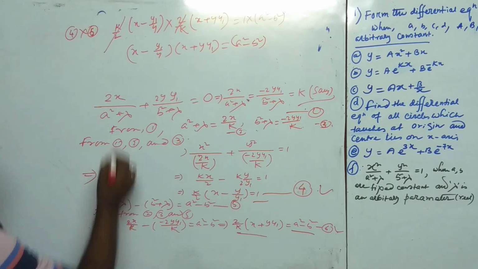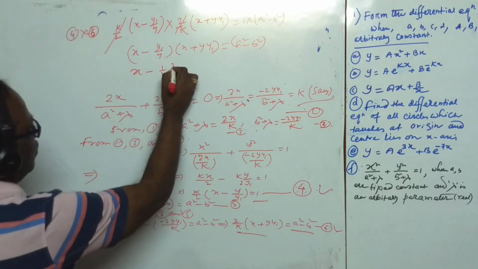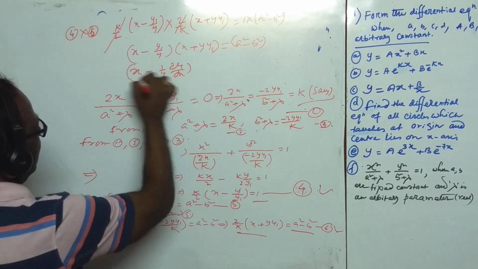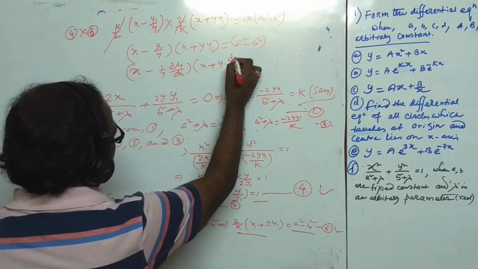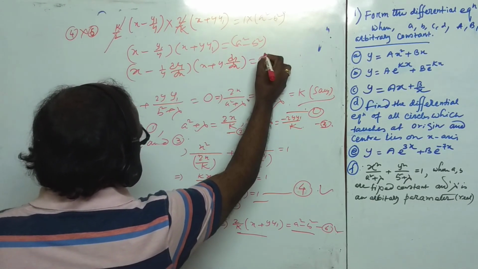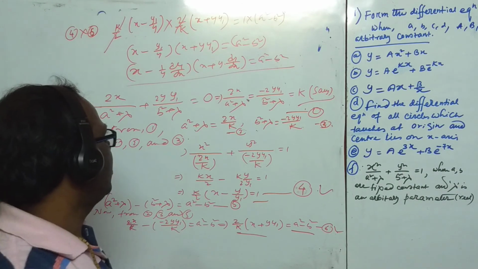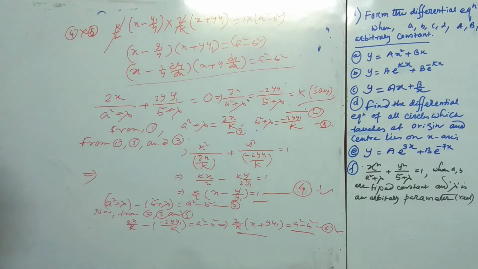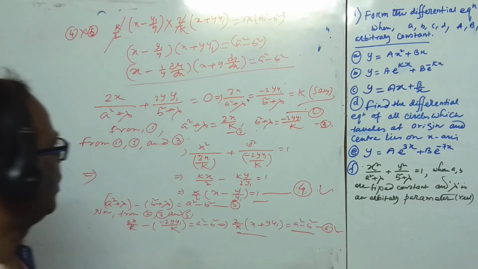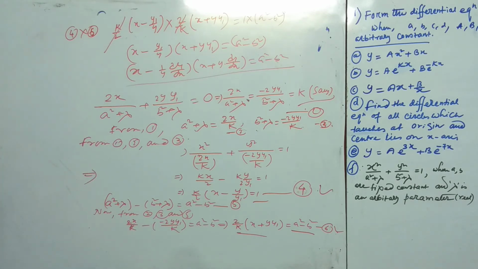So x minus y into dx by dy, and y into dy by dx. This equation is called self-reciprocal. If we replace dx by dy in place of dy by dx, you get the same equation. That's why it's called self-reciprocal. So this is a very important question, and this is my point of view. This is the differential equation. This is a very important point for question number 8. Okay, bye.